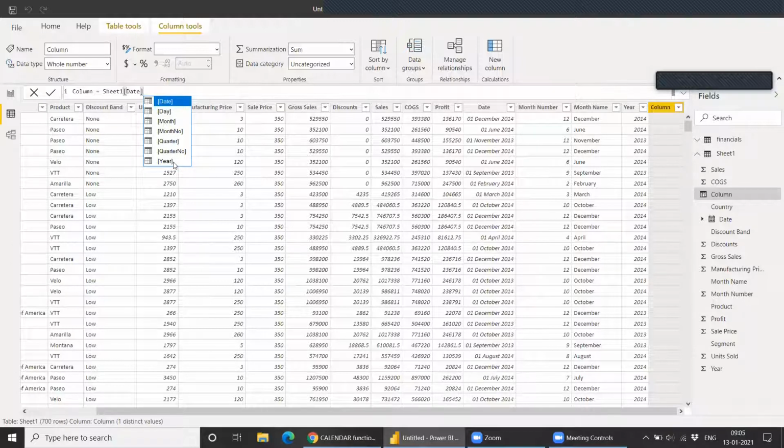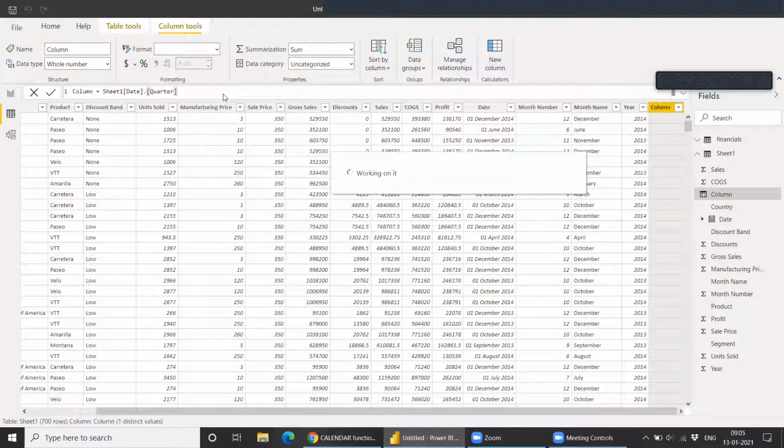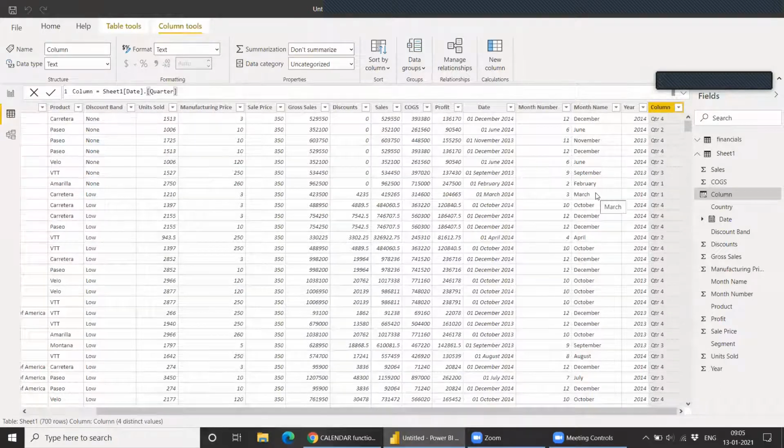So these are the default functions that come with any date column. If you want to pull something out of that date, you can pull it directly without using any external function. Let's say we select quarter and press enter. You will get quarter 4, quarter 2, the quarter for each day.